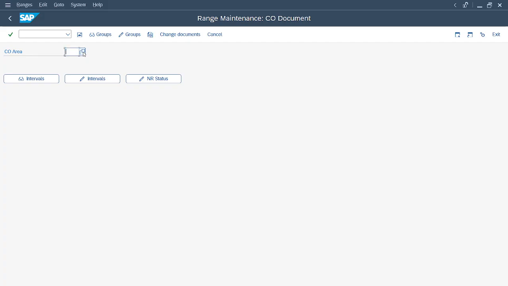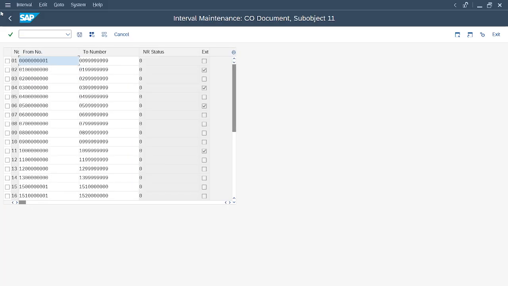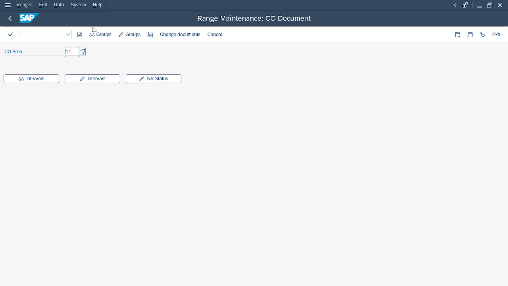Basically here we can't create, we have to copy it. Okay. So right now I'm copying with one of my own company codes. You can copy it with 204 as well. For that, we go and copy. I'm copying it from 11. You can copy it from 11 or 204 as well.